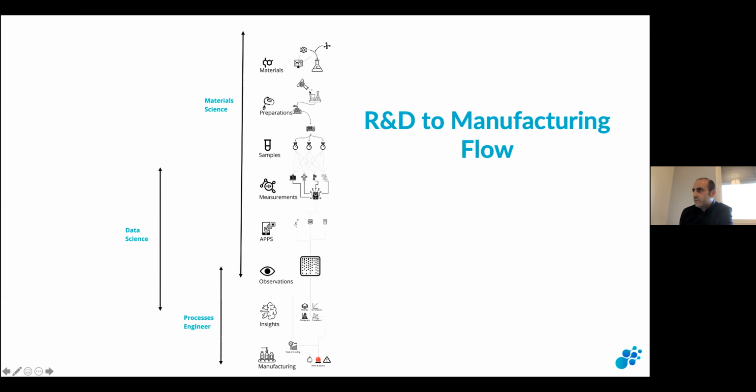The next step is obviously mixing and preparing samples. These samples need to be tracked. So each sample in Materials Zone has a unique identifier, a unique URL, and you can generate a QR code for it. Once you have the samples, you obviously go through a sequence of measurements, and the idea is really to create something agnostic.